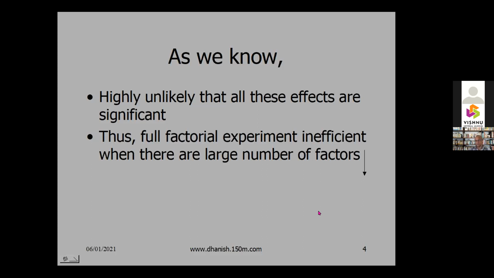But in engineering, when the variability of the system is less, then maybe we can get away with fewer experiments. But with more factors, it becomes more difficult to do that. The number of trials goes up. If we are doing a full factorial experiment, usually we don't stop at 2 levels. We'll go for 3, 4, 5 levels, etc. I have seen some papers where there are hundreds of experiments. That is actually a waste of time.